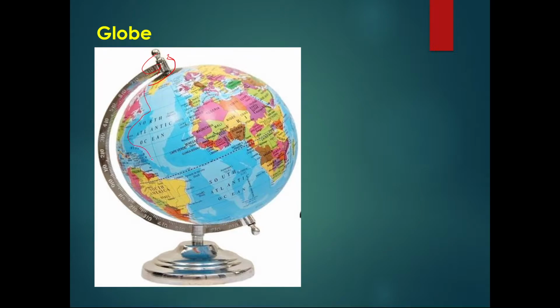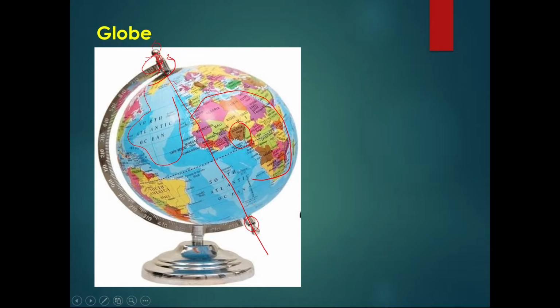These are the oceans which you see in blue, and this is the African continent, and the countries which you can see here are of their correct size. You can see that the globe is hinged here and here through a needle, some kind of rod fixed here. So this is the axis along which this globe rotates.